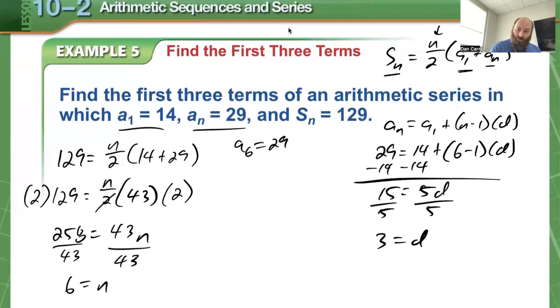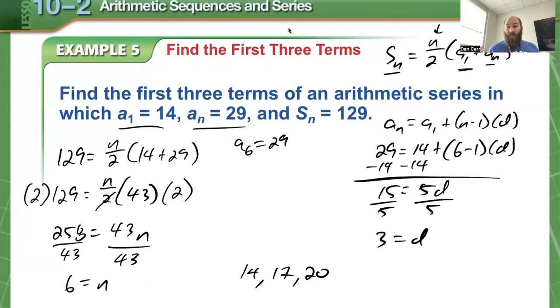So find the first 3 terms of an arithmetic sequence in which a sub 1 is 14. Well, it says first 3 terms, so officially it's 14, add 3 for 17, add 3 for 20. Okay. So again, we're going to use that formula, combine it with the one we did before with the equation